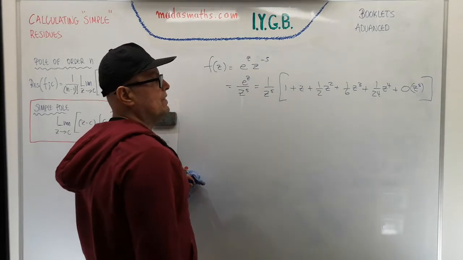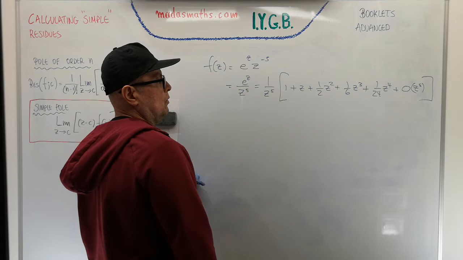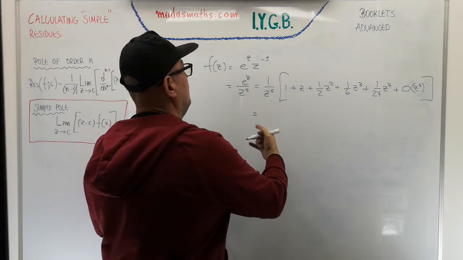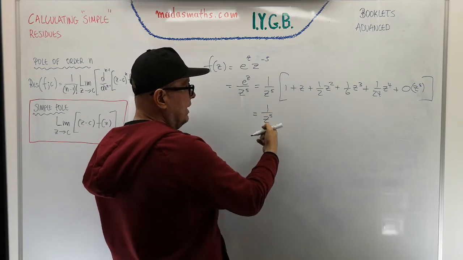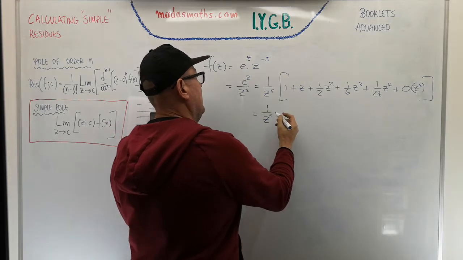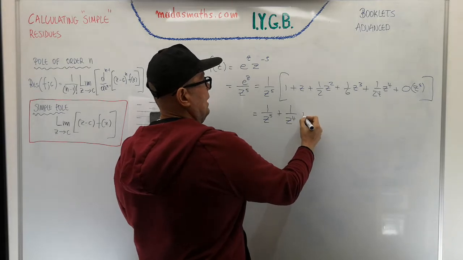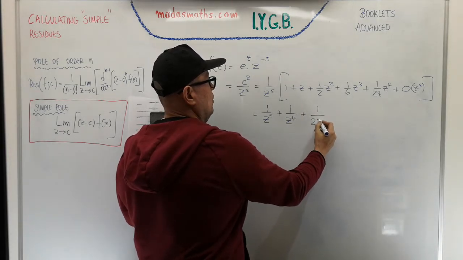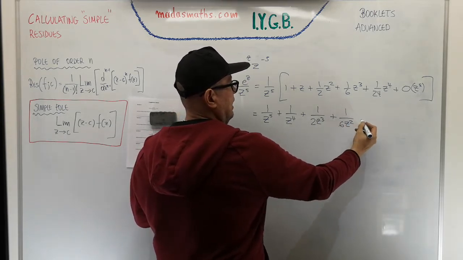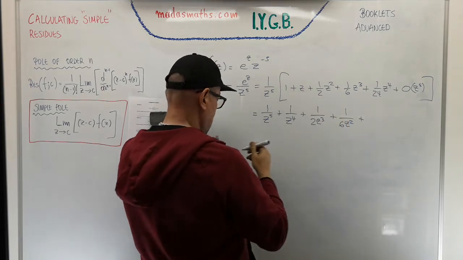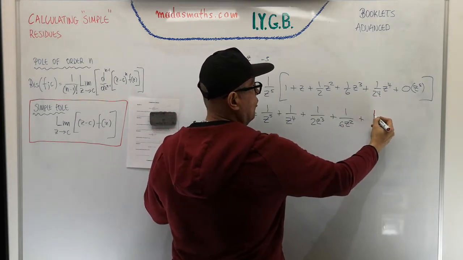And I don't really need to write all of this up, because the residue, of course, is the coefficient of 1 over z. I'm going to write it, however, just to actually see what kind of pole that is, which, as we expected, is a pole of order 5, because our Laurent starts with 1 over z to the 5. So we got a pole of order 5 at the origin. So that's going to be 1 over z to the 4 plus 1 over 2 z cubed plus 1 over 6z squared, and then we go plus, and I'm going to use a red pen, so this is the coefficient or the residue that we are after, 1 over 24